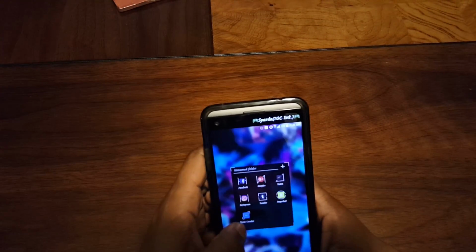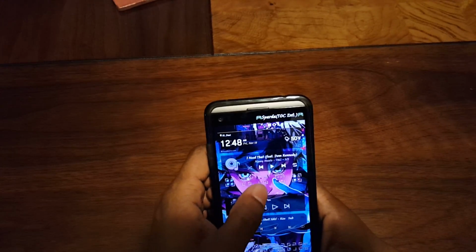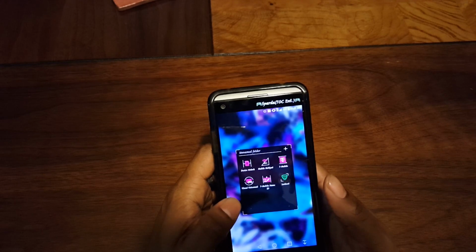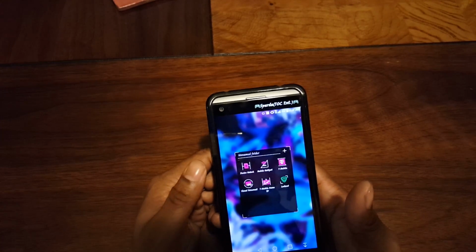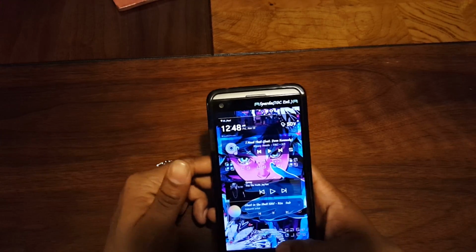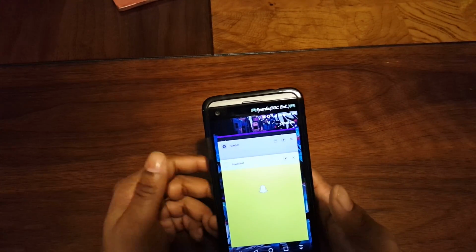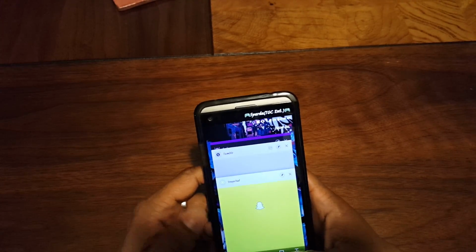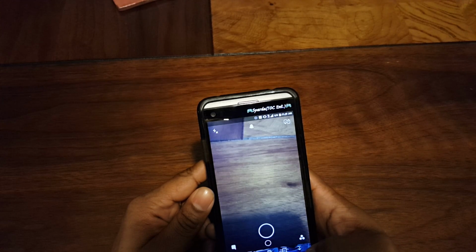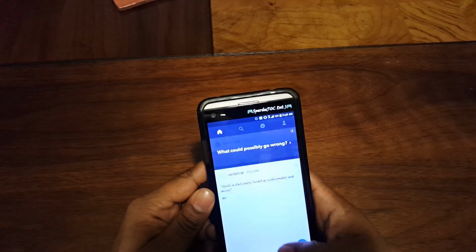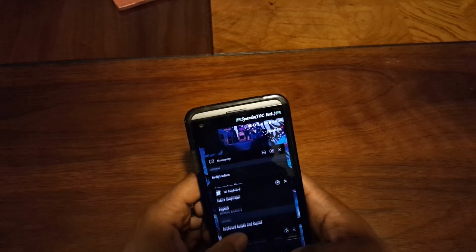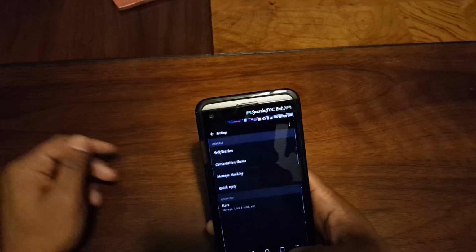Not T-Mobile stuff. And another thing is kudos to T-Mobile for having only really 5-6 apps that are bloatware. So what I'm gonna do is I'm gonna go into Snapchat. Snapchat's a bad example because Snapchat's so unoptimized for Android. So what I'll do is